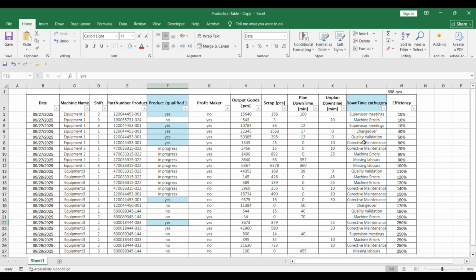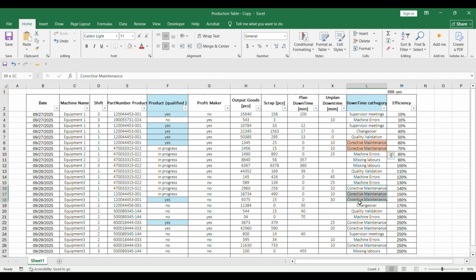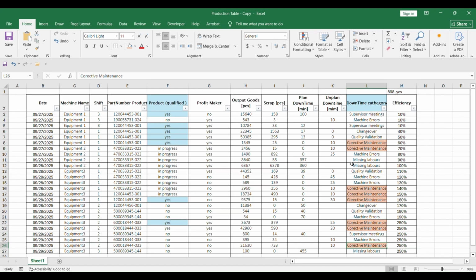And then we want to know about corrective maintenance. Let's do it with another color. So the function OR will look at both filters, and if they both are true, then the result will be something like this.